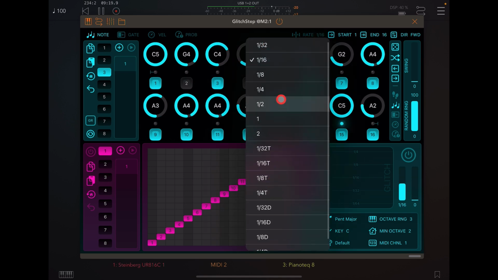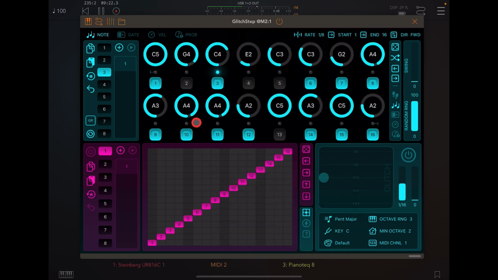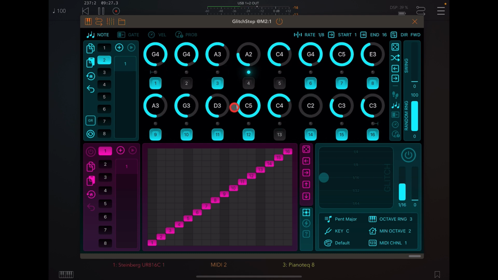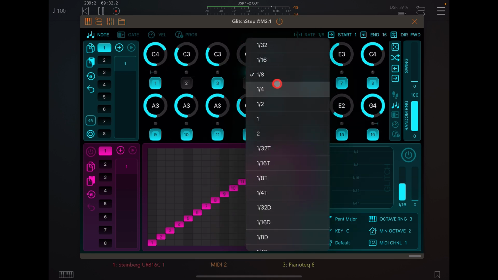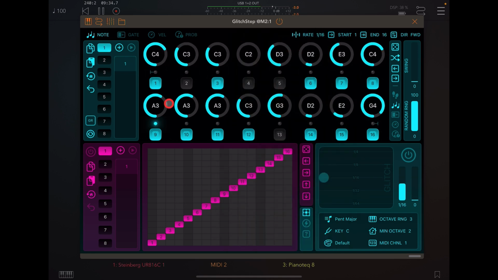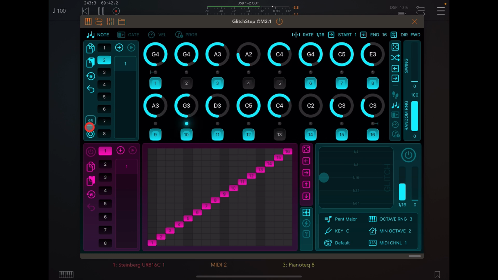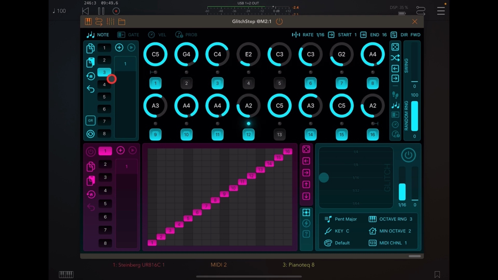We have lots of different rates, so 1/8. So pattern 3 is a rate of 8. Right, now, if I change the rate here, right, put it back to 16, this is the global rate and it will apply to all of these patterns, right? This is important. If I go to pattern 2 and go here where it says GR, which is global rate, it means that this pattern is following the global rate, but maybe I want pattern 3 to follow its own rate. So click on here, choose 1/8,